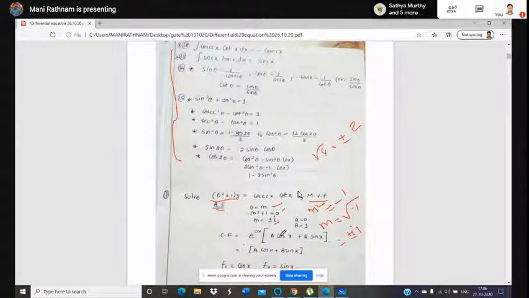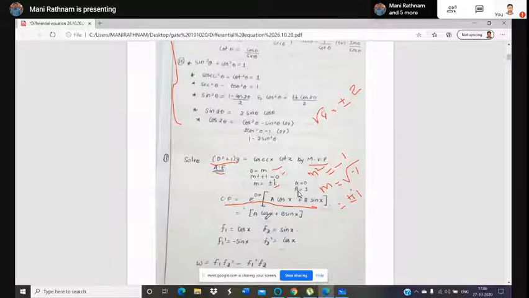Complex roots means, as we already discussed, how to write the representation of the complementary function: alpha plus or minus i beta format. This is the formula for representing the complementary function: e power alpha x, a cos beta x plus b sin beta x. Beta value here is 1. So a cos x plus b sin x is the complementary function, CF. E power 0x, you know the exponential e power 0 is nothing but 1.